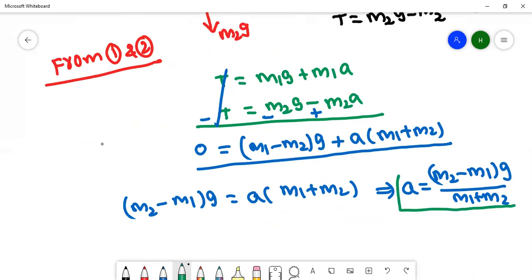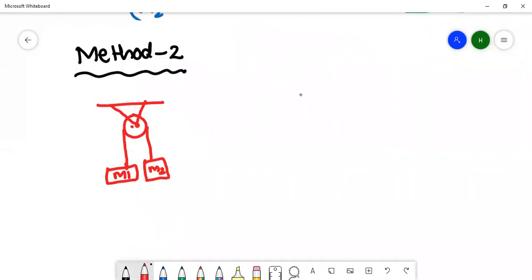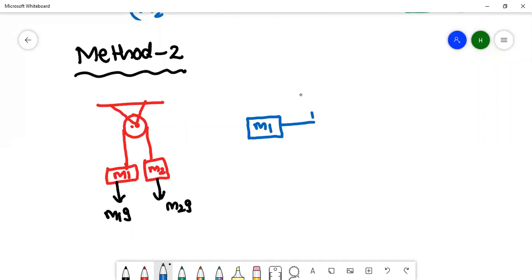So this is by using the NCERT method. I will teach one more shortcut here. Yes, listen children, here I'm going to take the same approximation in one more method. Here we know weight will act for the block, M1G will act downwards. Even here, M2G also will be acting downwards. So both are acting downwards. But I'm straightening this out because it's connected to the same cable. So if we straighten it out, M1 is connected to M2.